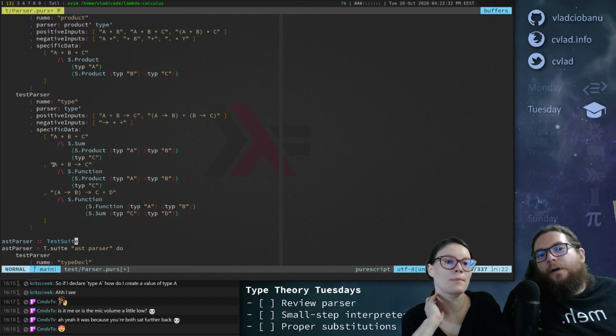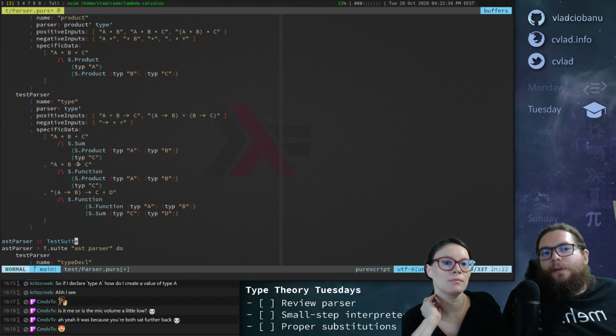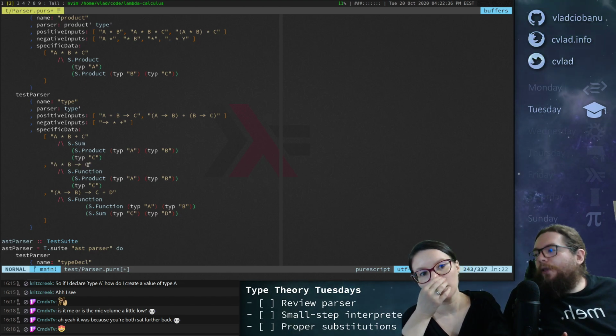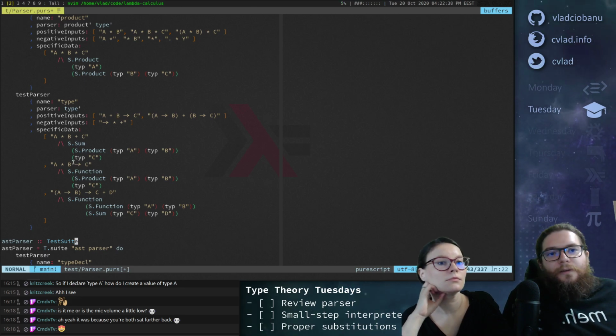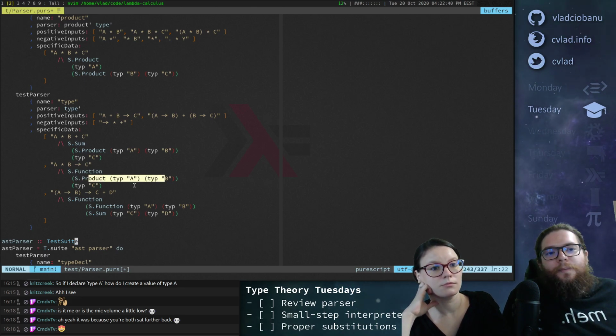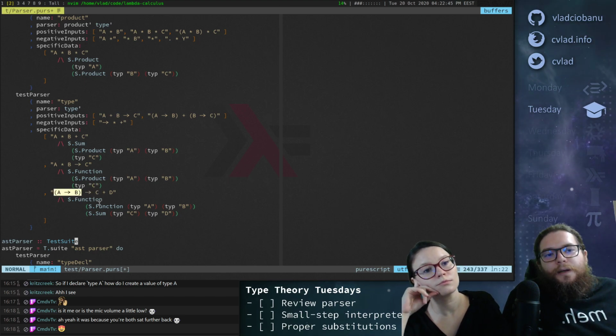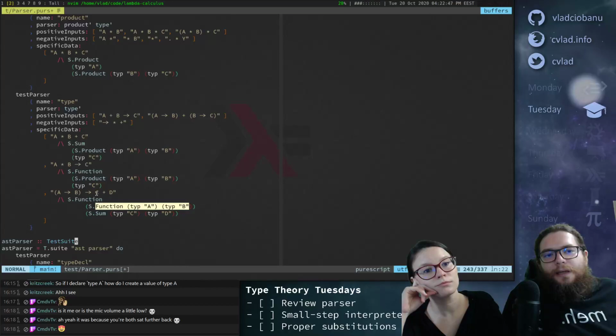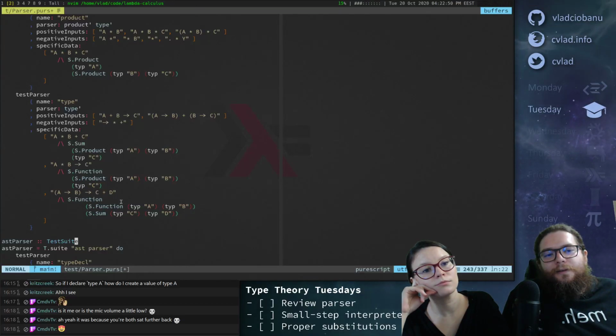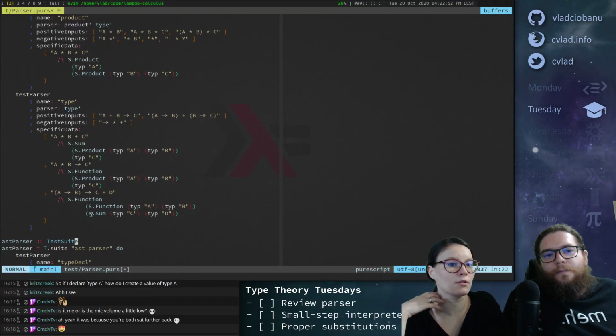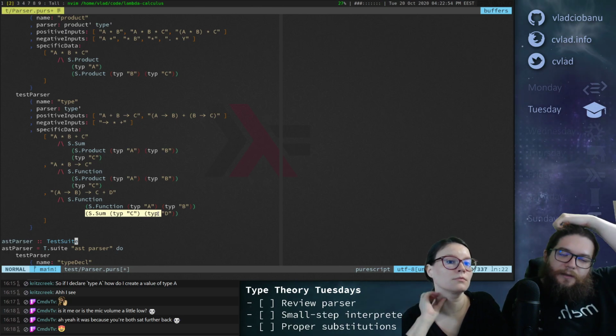Because that's how you expect it. You'd expect the product of A and B to go to C, and that's the most usual thing that you will write. So this is a function from A times B to C. And again, here is a function from this function A to B, and goes to the sum C plus D. That's not the function, it's to the sum C plus D.